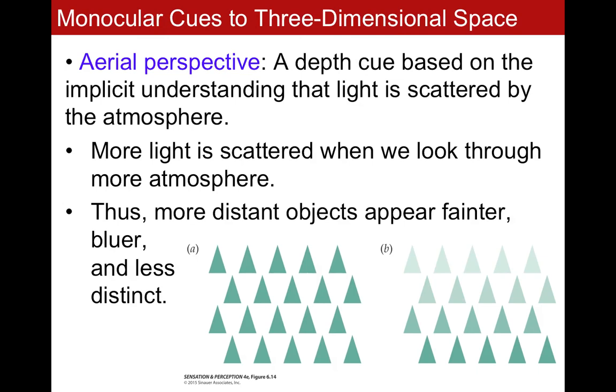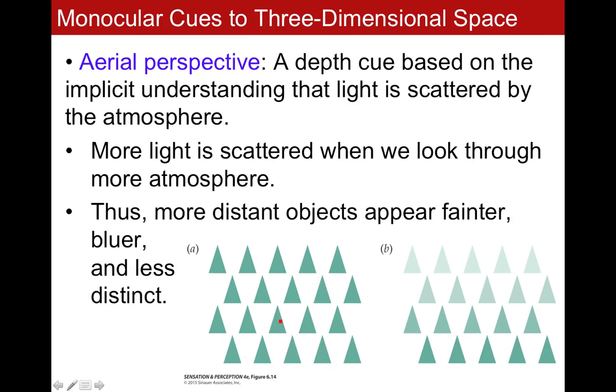In terms of aerial perspectives, these are depth cues based on the understanding that's kind of inside of us. We have this implicit understanding that light's scattered by the atmosphere. Right? We know that. So more light is scattered when we look through more atmosphere. So more distant objects are going to be fainter or bluer or less distinct. Right? So in these two